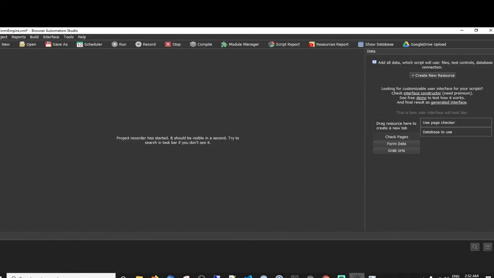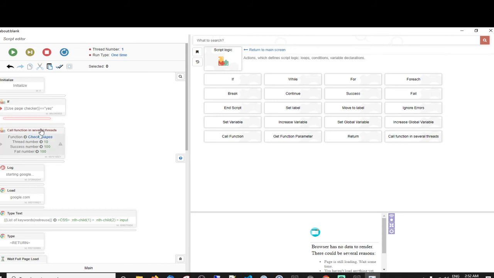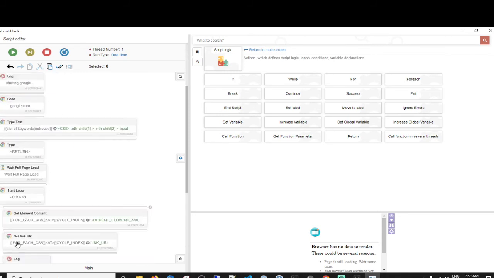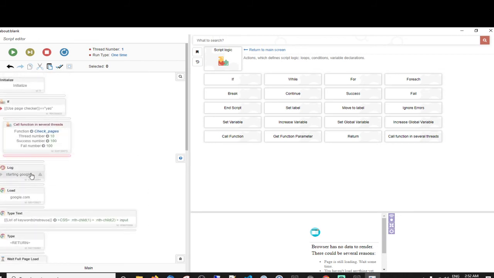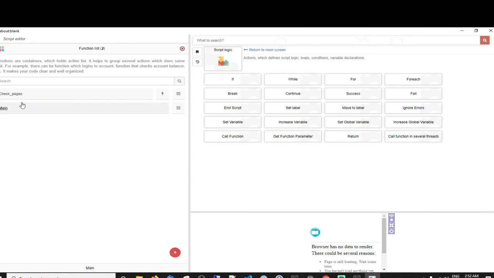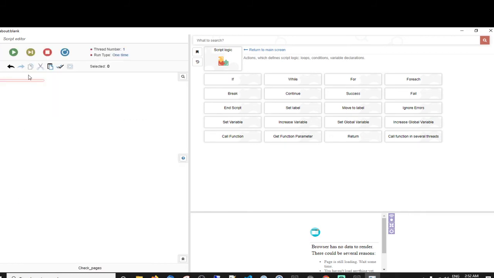what I mean by that is, just here where we did check pages, we made use page checker and we did a checkbox. So if that checkbox is checked, then call this function. If it's not checked, then it's going to go on and do all this instead. We should really put this in a function, which we're going to do later on, to keep everything neat and tidy. So call function. If that is checked, it's going to go to here, and then it will call the function, so we'll do anything that's in here.